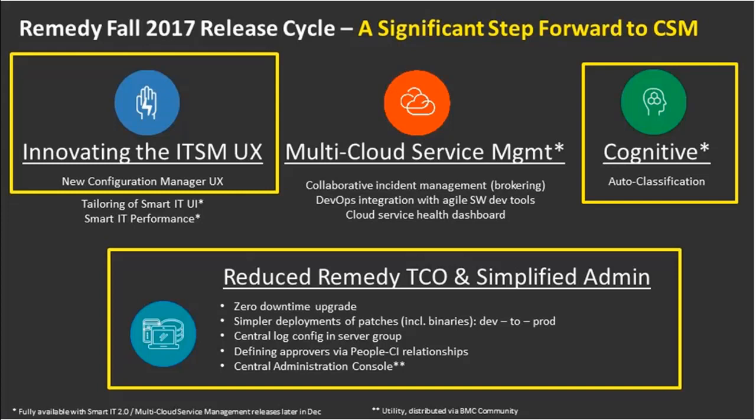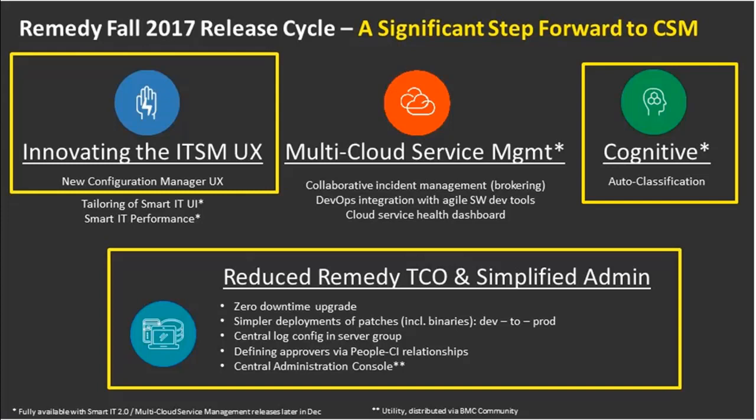is an add-on to Remedy to enable you to collaborate in a multi-cloud, multi-provider setup, so that you can broker incidents or integrate with agile software development tools. Again, I'll give a preview of that. You'll learn a lot more about this as these solutions come out, but at least you get some first insight into it. But again, for the items that are in these yellow boxes,